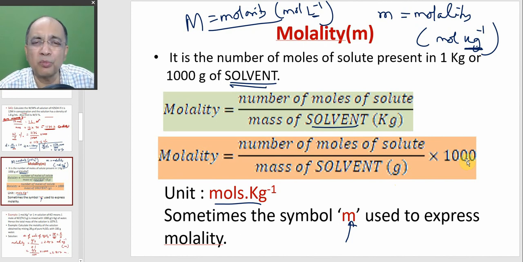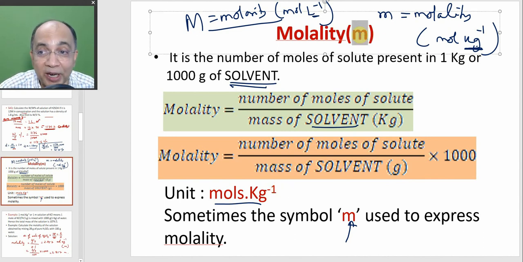Maybe water or maybe any solvent. In colligative properties, we have different solvents. Because it is stoichiometry, we'll be doing it in aqueous solution. But in colligative properties, in our separate program, we can use all other different solvents. So it is the number of moles of solute that is present per 1000 grams of solvent. So its unit is moles per kg, or sometimes small m.